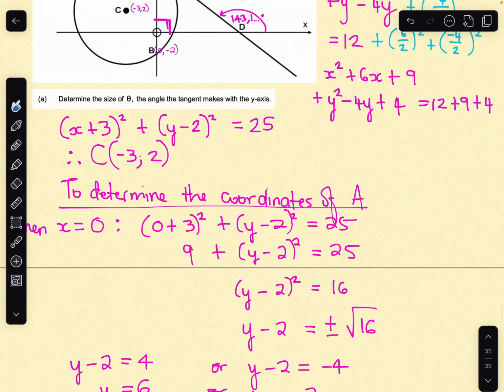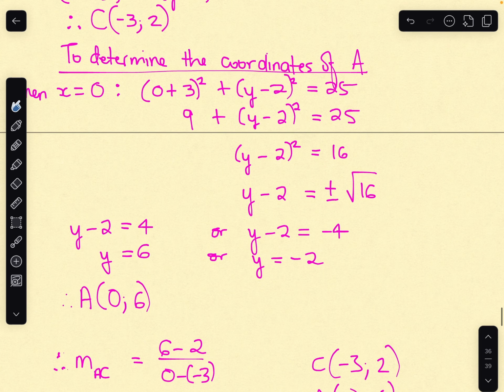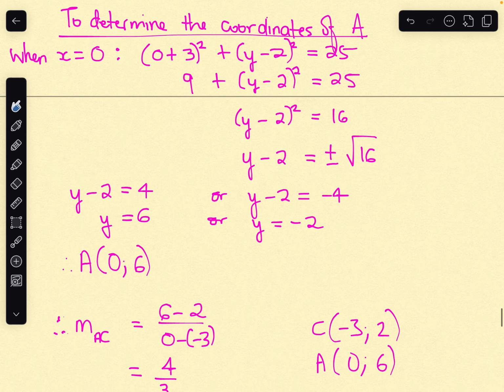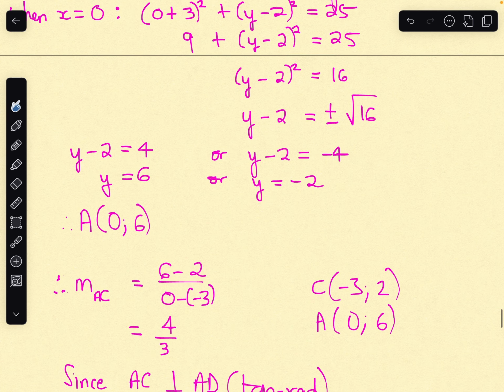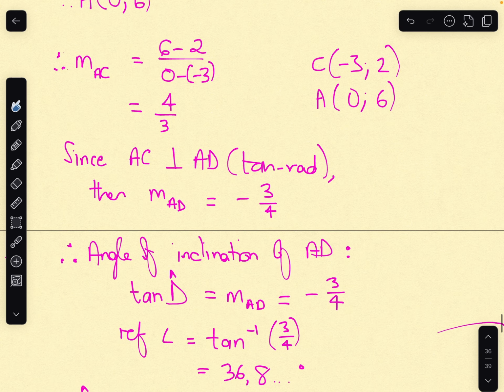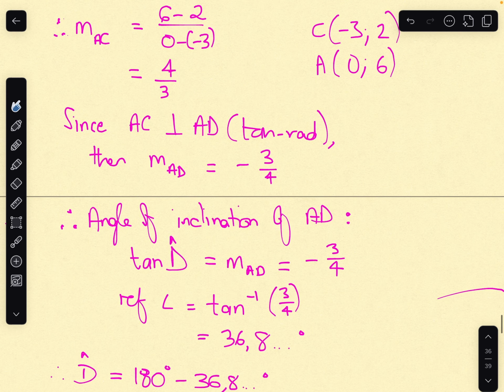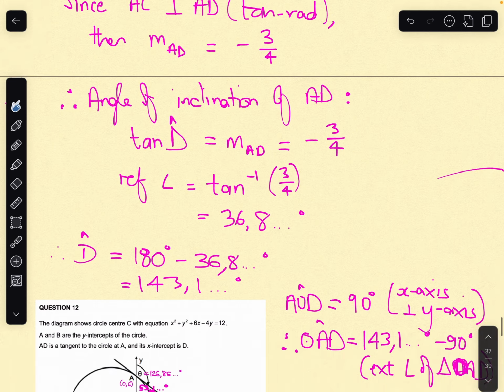Good. So then we find that the coordinates of A are 0, 6. And then we found the gradient of AC, perfect, which then gives us the gradient of AD as negative 3 over 4. Then from there, we found